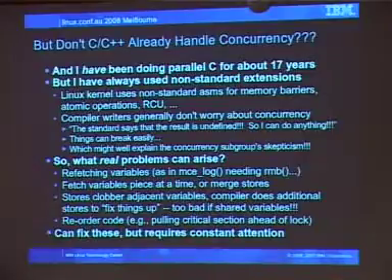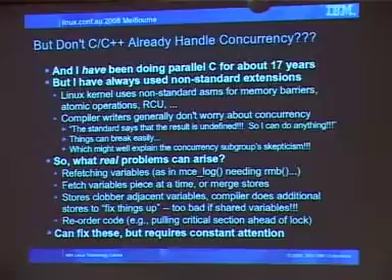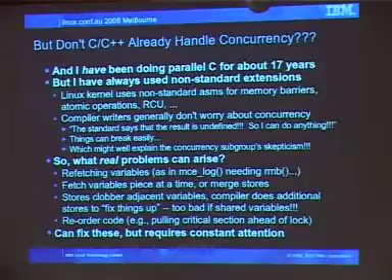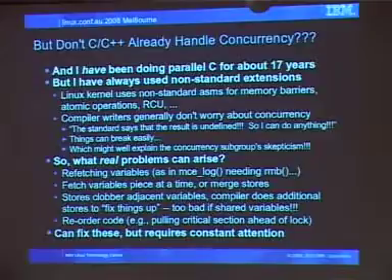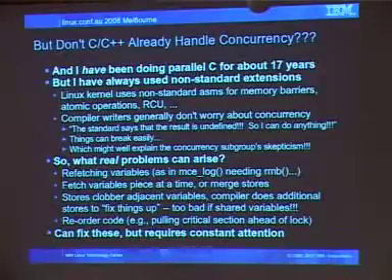So we talked about this a little bit. We've been doing concurrency in a lot of different projects, not just the Linux kernel, even within kernels, for a long time. The trick is that we always use non-standard extensions, always. So in the Linux kernel, we have ASMs, and these have things for memory barriers. We use the funny little memory attribute to make sure that the compiler doesn't mess us up.